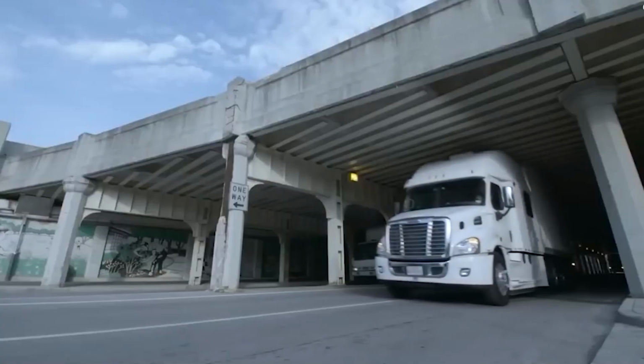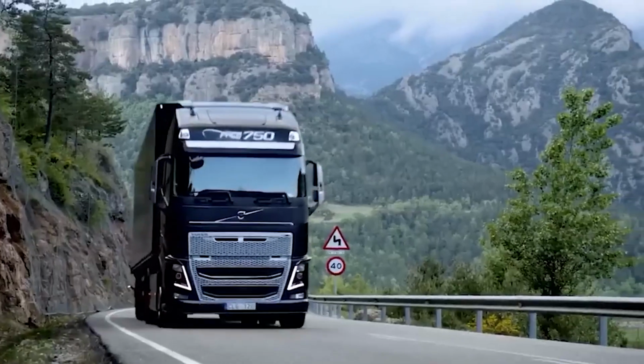than vice versa. With that being said, what do you think about the safety of trucks in Europe and in